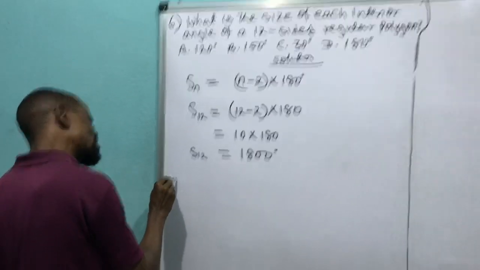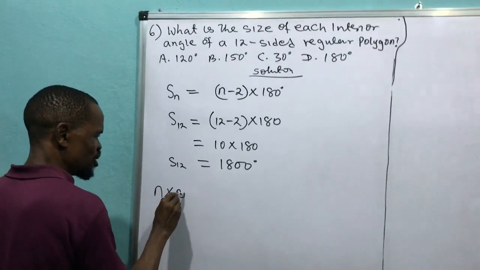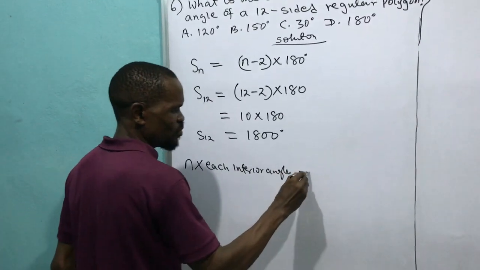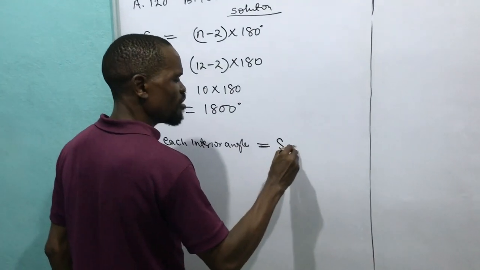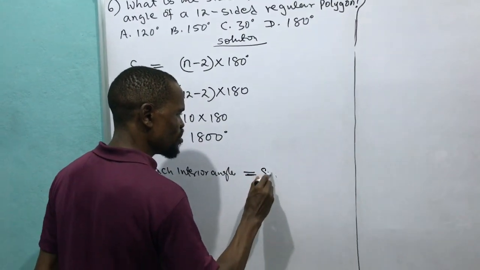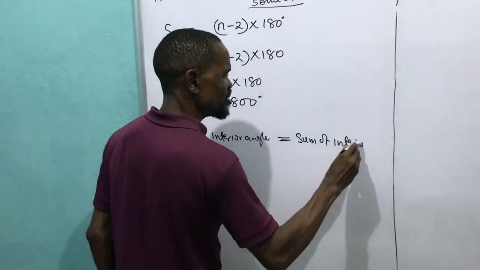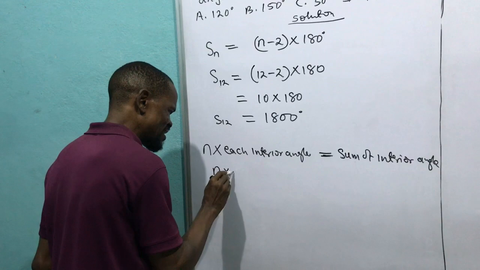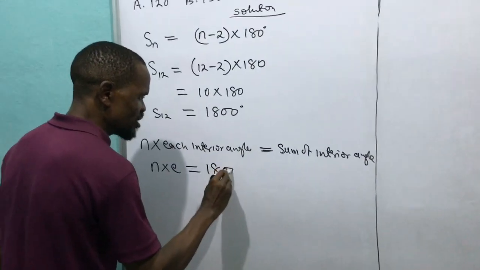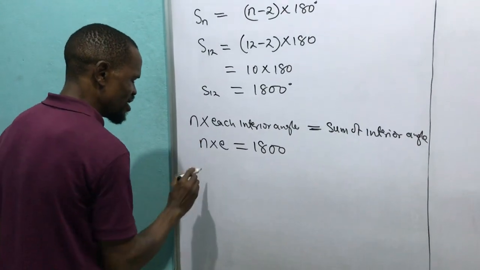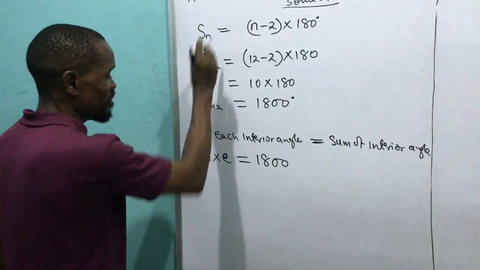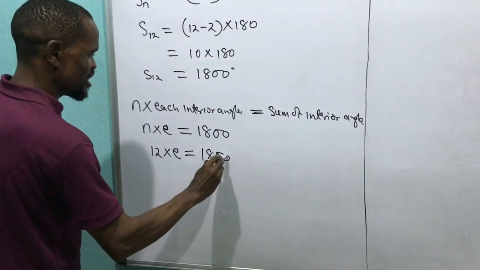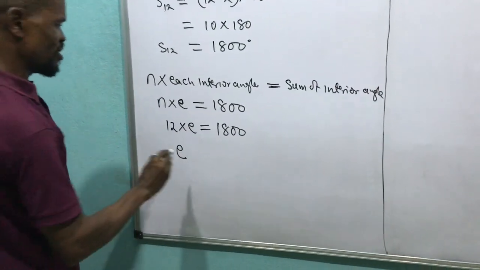I will say the number of sides n times each exterior angle is equal to the sum. That means n times the exterior angle equals 1,800, which is the sum of the angles. The exterior angle is what I'm looking for, and they gave us 12 sides. So 12 times E, the exterior angle, is equal to 1,800. Therefore, one exterior angle is equal to